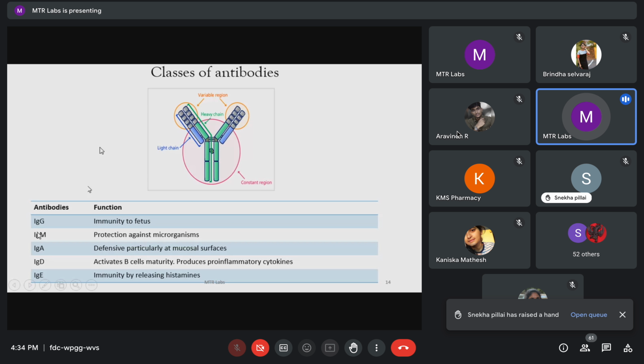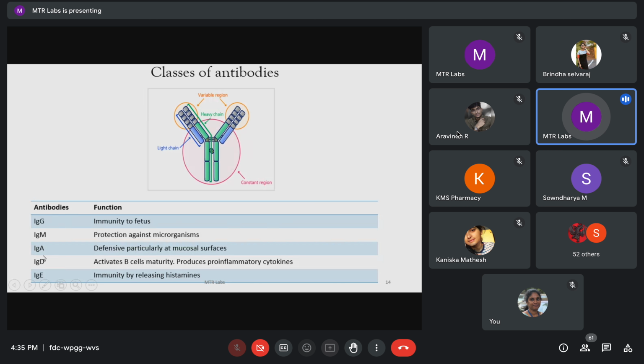So IgM is the first class of immunoglobulin, which is produced by the B cells when they mature. There are five units. They always form a pentamer molecule with 10 antigen binding sites and attach to the outer coat of the bacteria. Agglutination is the process which they use for killing the microorganism, thereby giving protection against microbes.